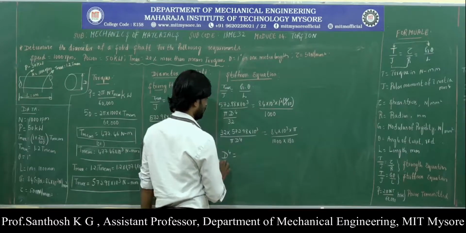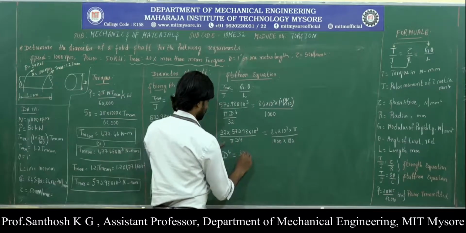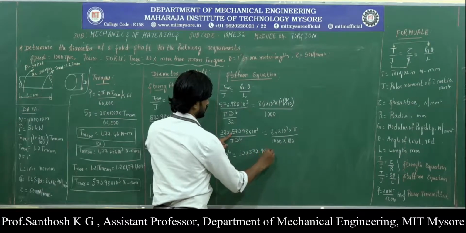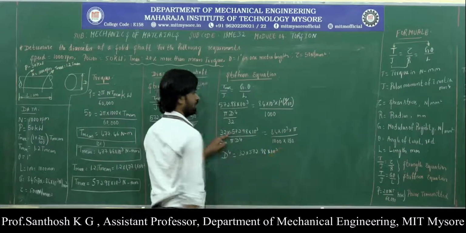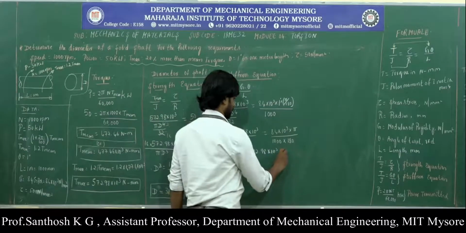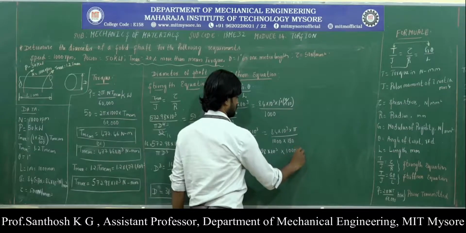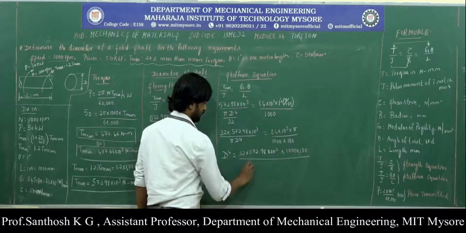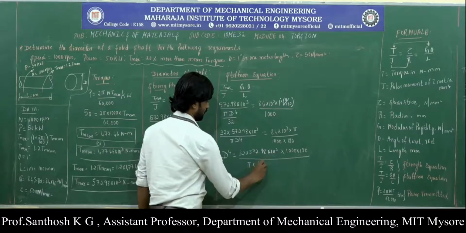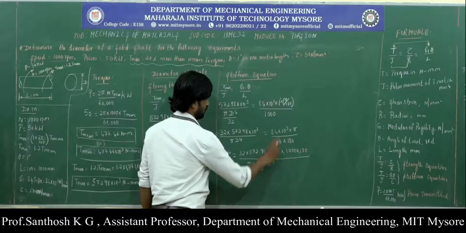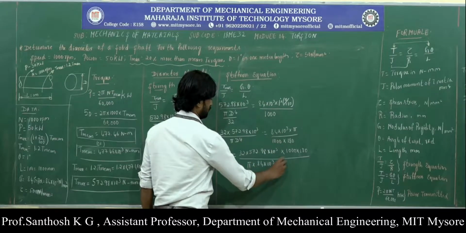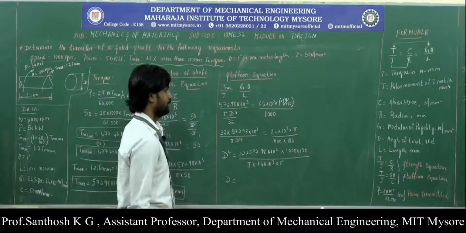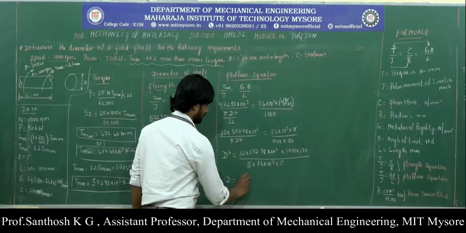So the expression for d will be 32 into 572.98 into 10 to the power of 3 multiplied by 1000 into 180 divided by pi into 84 into 10 to the power of 3 into pi. So if you solve this, you will get the value of d